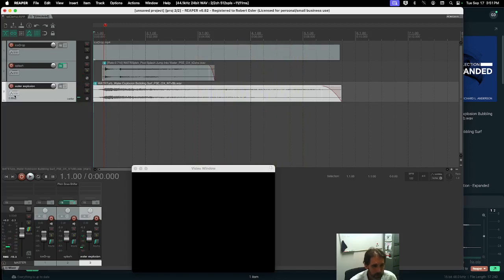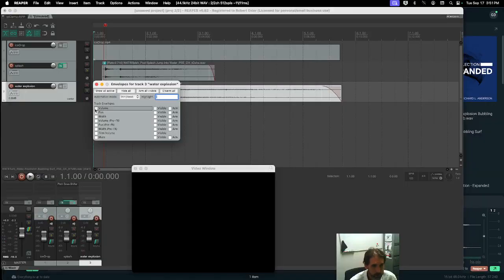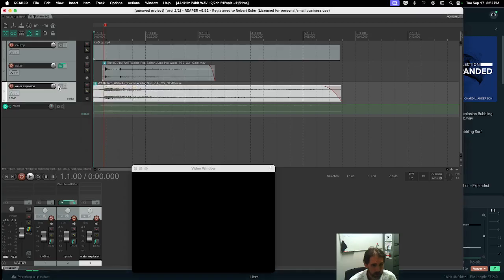I'm going to add in a volume envelope. So if you hit this trim, it gives you all the stuff that you can automate in Reaper on that particular track. And the more stuff you add under your effects, the more options you'll have. So I just selected volume, and I'm just going to hit Command, and I think on Windows it might be Control click. I'm just going to add a volume fade